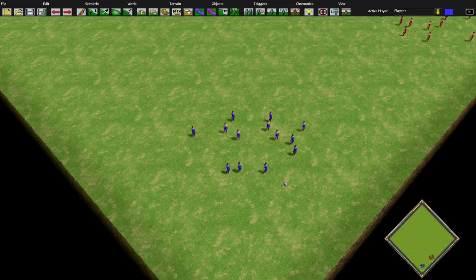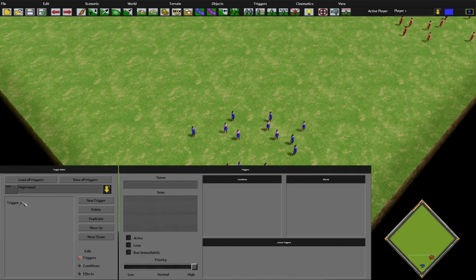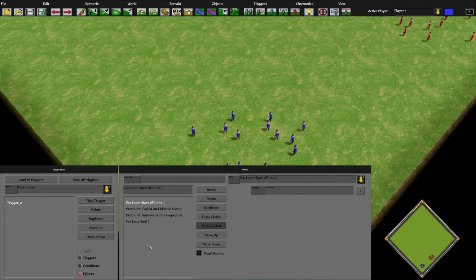Now, obviously we want to really do it for all players automatically. And we want to go through every single unit. For this, we can actually nest 2 loops together and have a double loop. And what this will allow us to do is to go through all units and do it for all players. And for that, we declare the loops inside of each other. So if I insert another for loop,